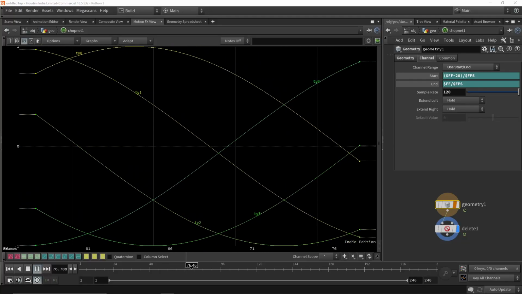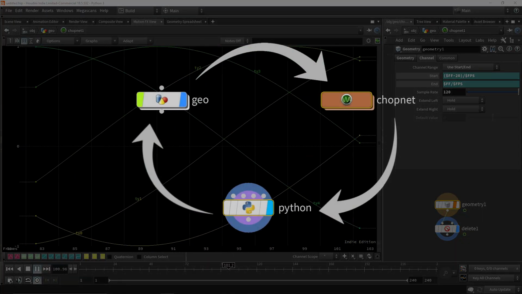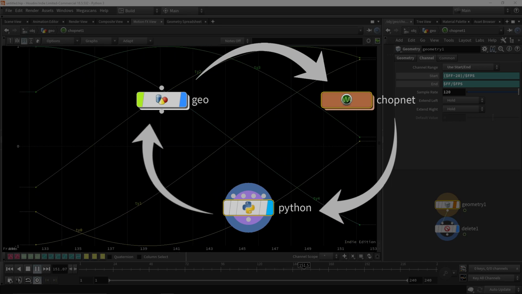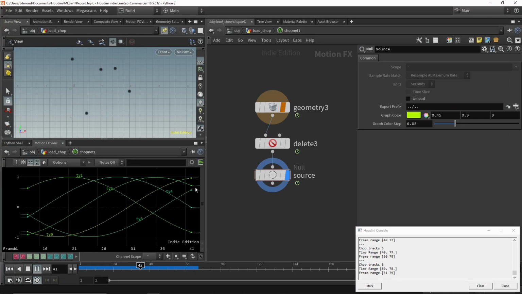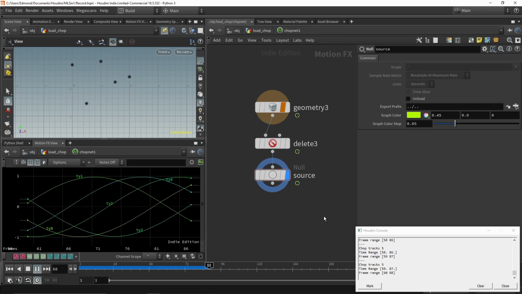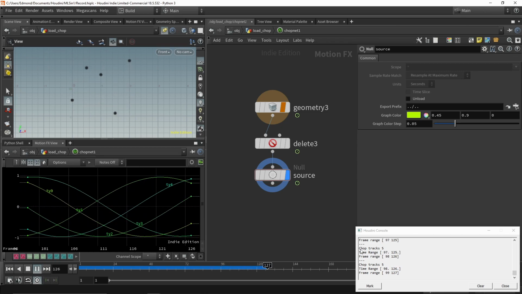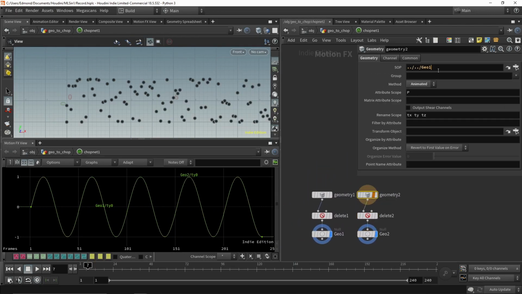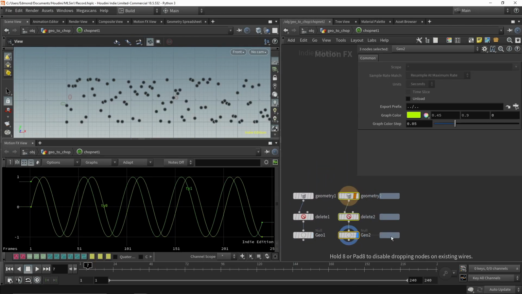In this tutorial, I showcase how to transfer data between the SOP and CHOP context, load the CHOP data into Python, and back to SOP. This is mainly a warm-up for my upcoming tutorial, where I showcase how to train and use a neural network that is able to predict the behavior of a sine wave. And as training, we will create and manipulate sine waves across all the different contexts.